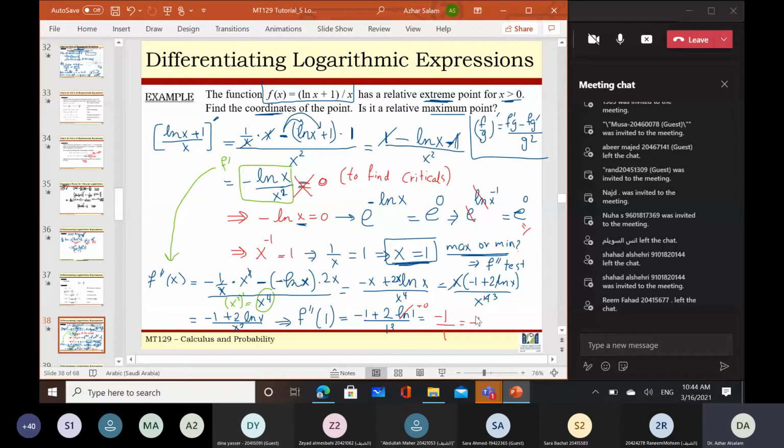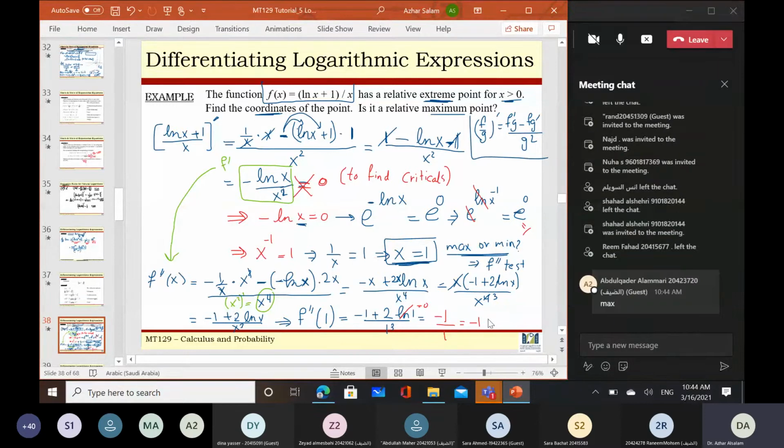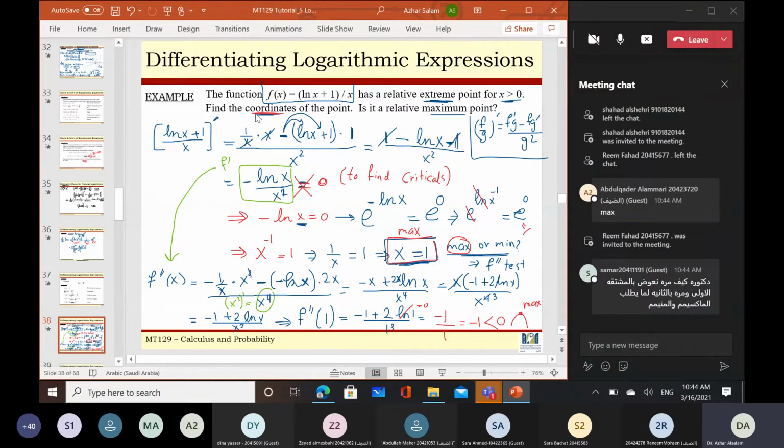Okay, this is actually the sign that I got from the second derivative test. So it's less than 0. It will be concave down like that, so it will be a maximum. Okay, this is a maximum. So I decide that this point is a maximum from the second derivative test. The question also asks to find the coordinates. So I will have